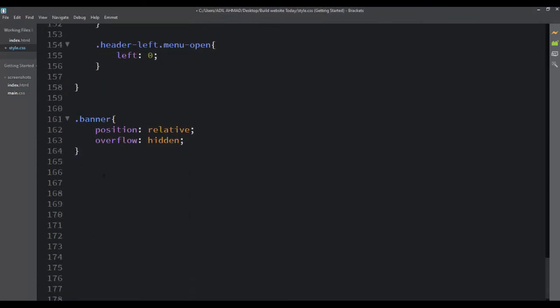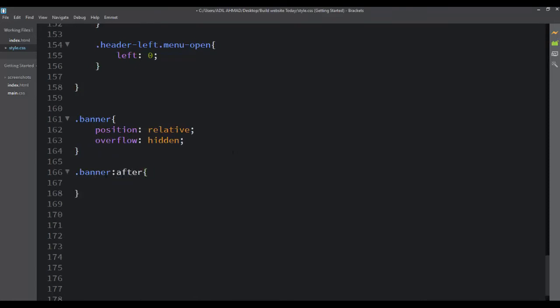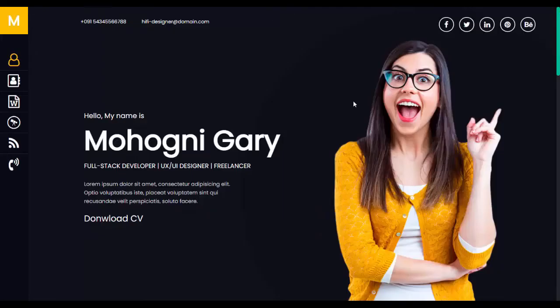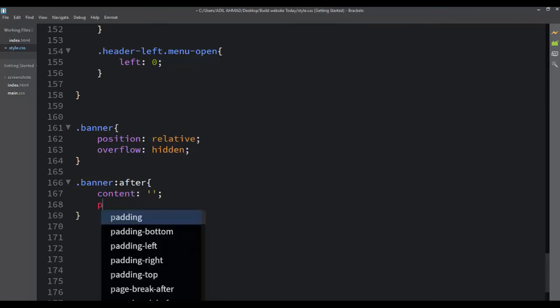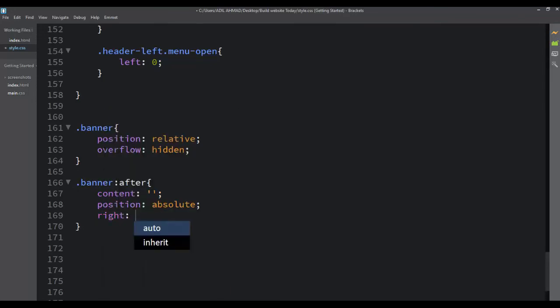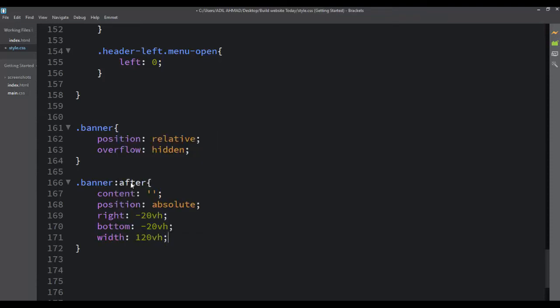So here what I'm doing, I'm mentioning banner and I am using a pseudo property like after. Friends, you might have noticed in the older file we are getting some background here. See here, this is the circular shape which is getting some dark color. So for that I'm going to put some color there in the after property, which is from the pseudo. Here I am putting very first content. Position should be absolute, right will be -20vh, bottom should be -20vh obviously, and again I'm adding some width to it like 120vh, height again the same,